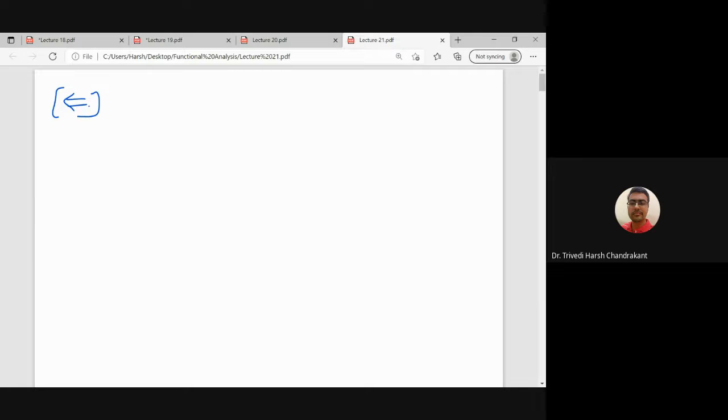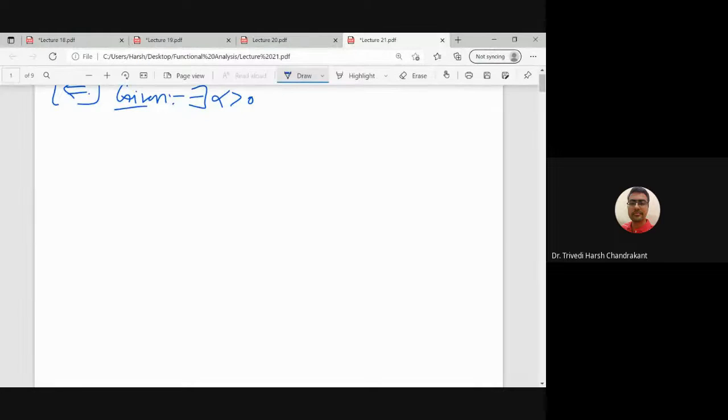So what is the converse? Converse is that given that there exists alpha greater than 0 and beta greater than 0, such that